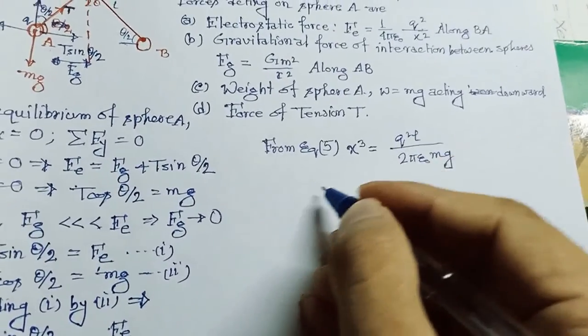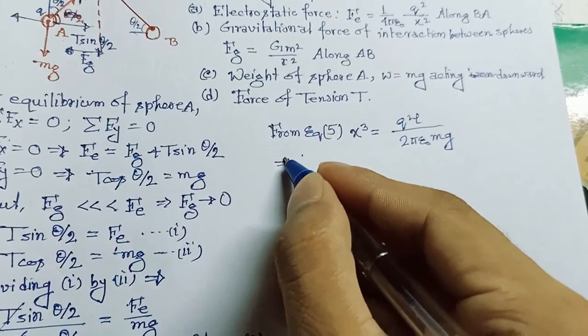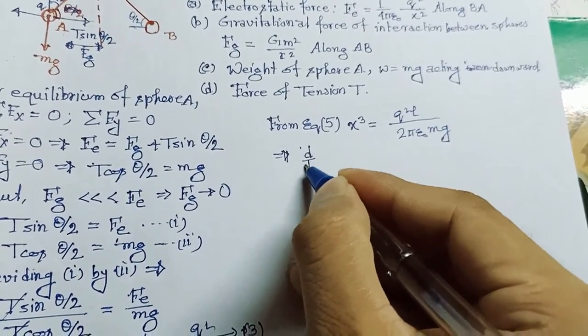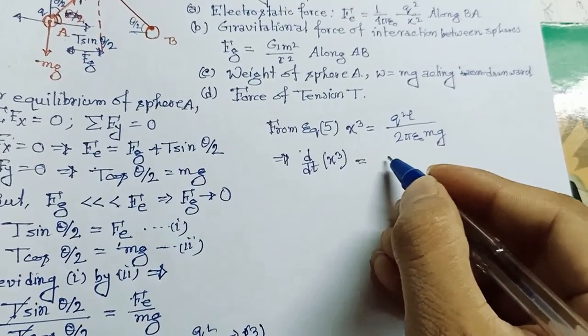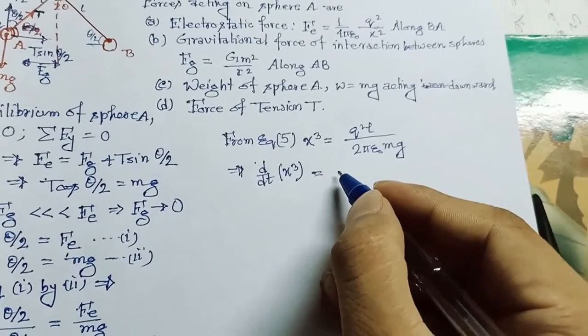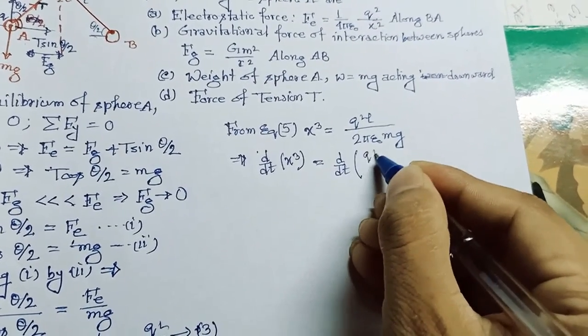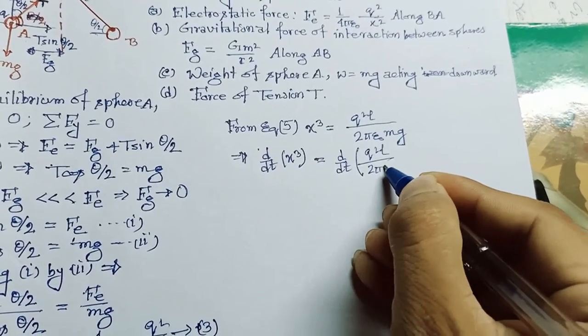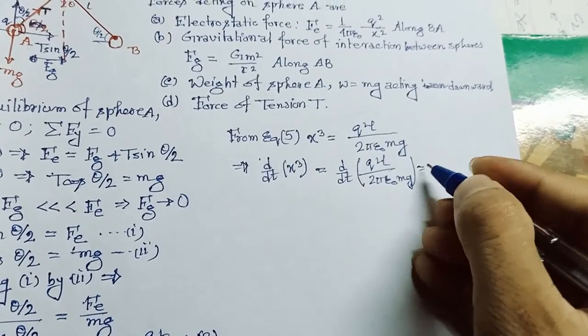If we differentiate both sides with respect to t, then we'll get d/dt of x cube will be equal to d/dt of q square l divided by 2 pi epsilon naught mg,